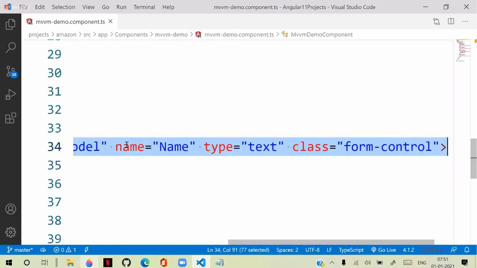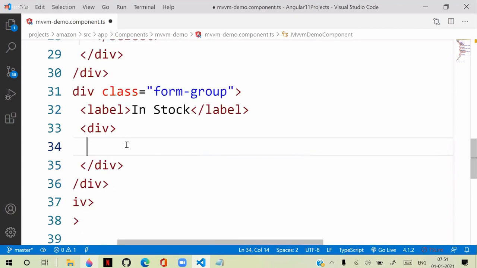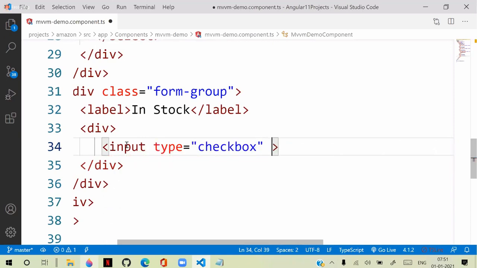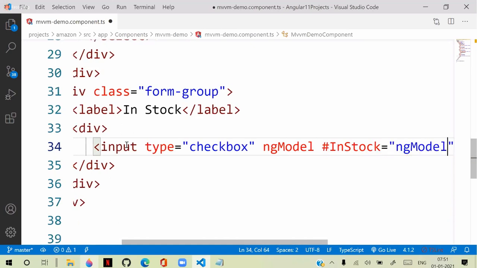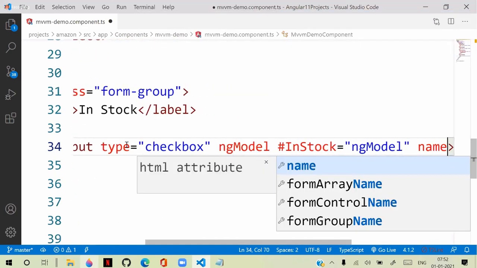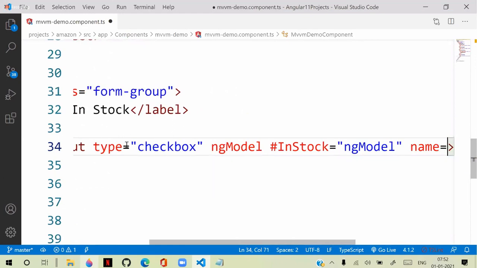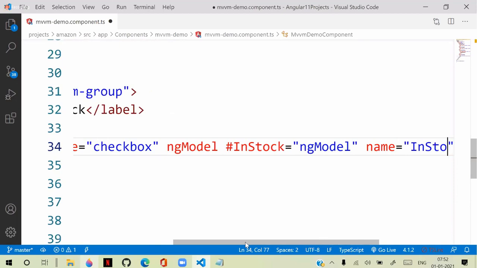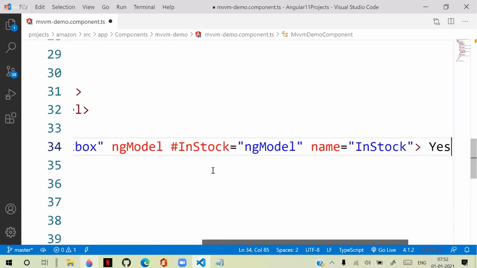Yeah, that means here we will define input type is equal to checkbox, and here same ngModel and hash inStock is equal to ngModel, and name is equal to inStock. Okay, that is the reference name, and I say yes. So this is the form we have designed.